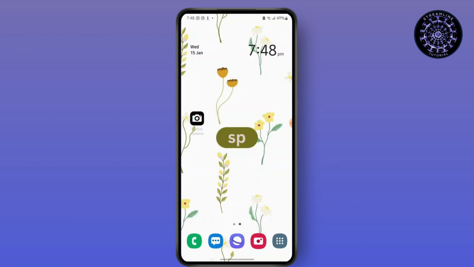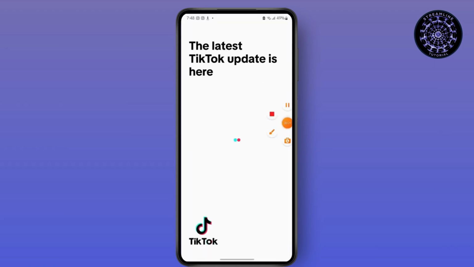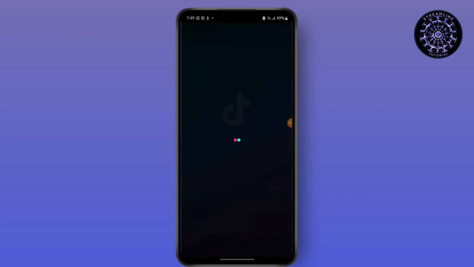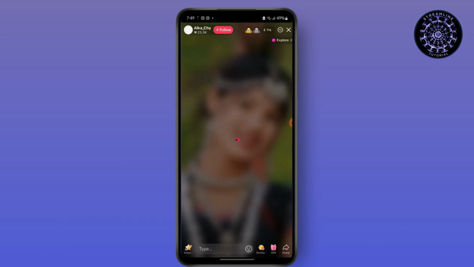So first, launch your TikTok application. Now tap on the plus icon from your bottom navigation bar. Now tap on the live section. After that, in order to